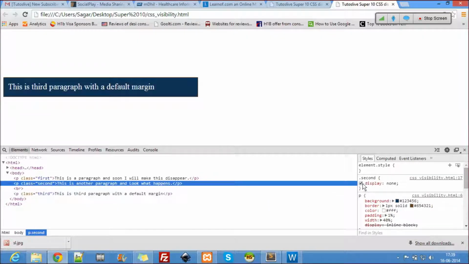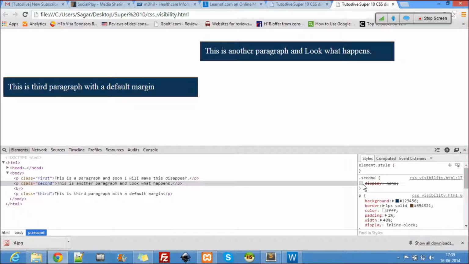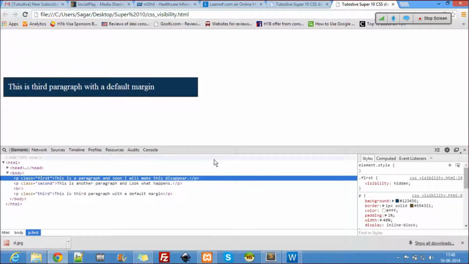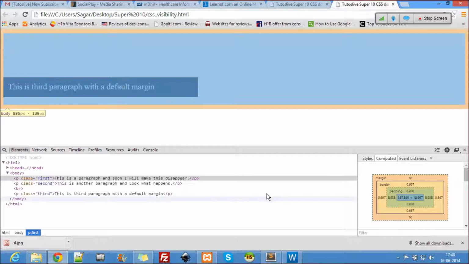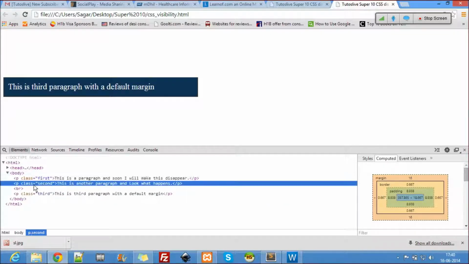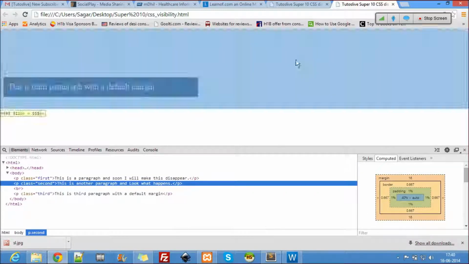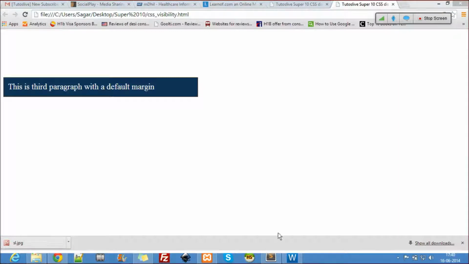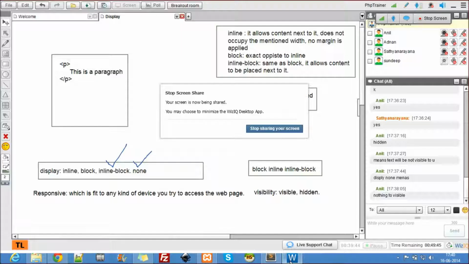Okay, when I just, it's right there. But when I inspect the element, I can't really find out. Whereas with visibility hidden, you can see the scope is there. The scope is still there, only the content is hidden. Alright, but this cannot trace out where the element is. Alright, that's the difference between display and visibility. Remember, even people ask this question in the interviews too.